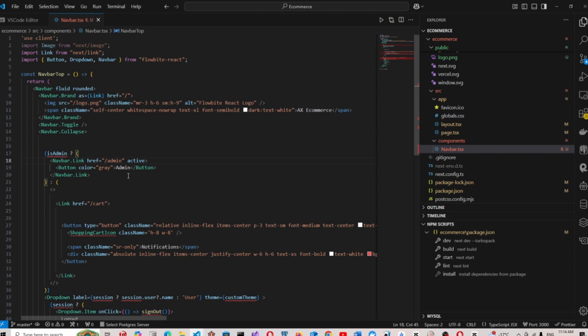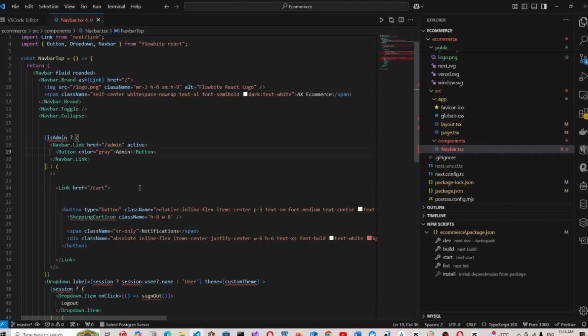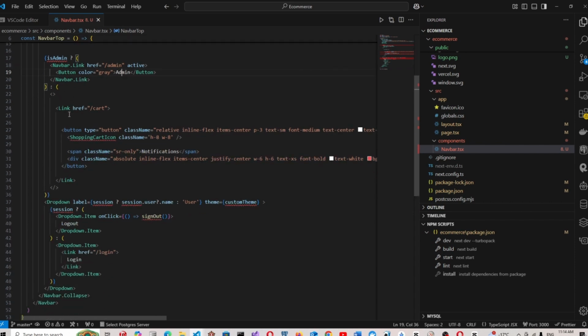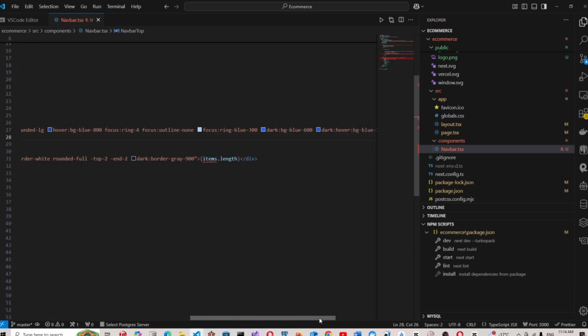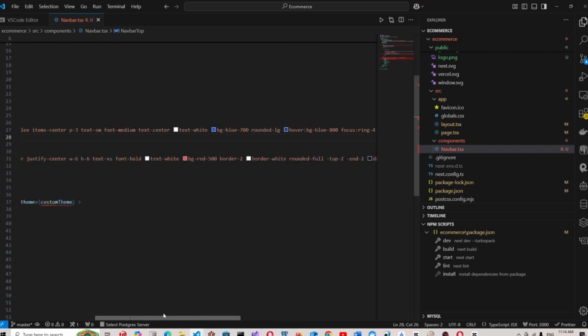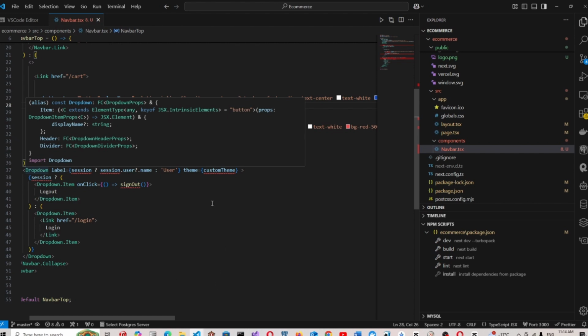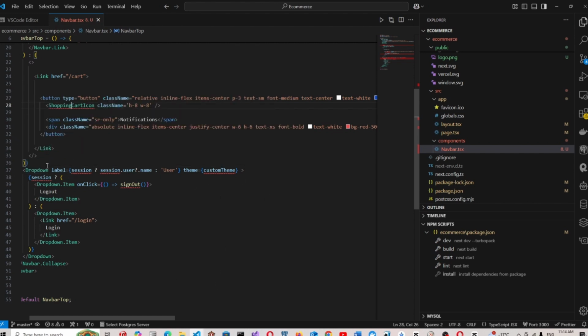If he's admin, we want to have a link to the admin page, and if the user is not admin, we want to have a link of shopping cart, and this shopping cart has the quantity of how many items are in the shopping cart. We'll show that,